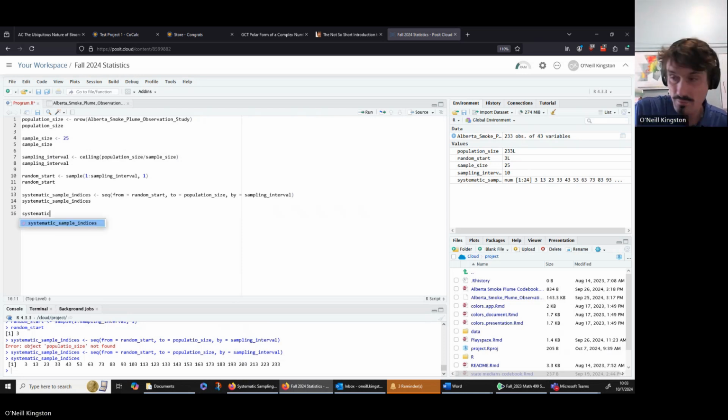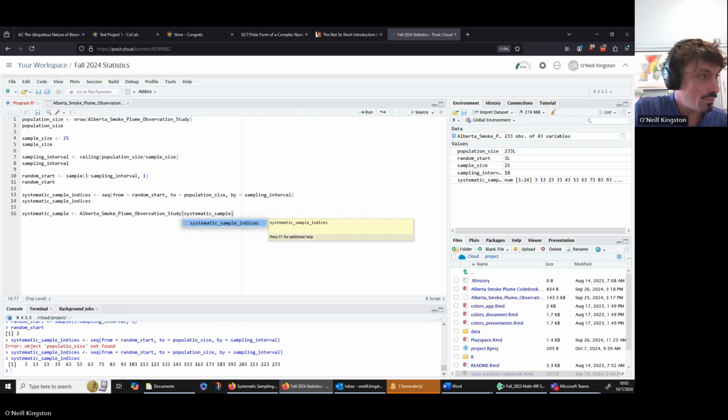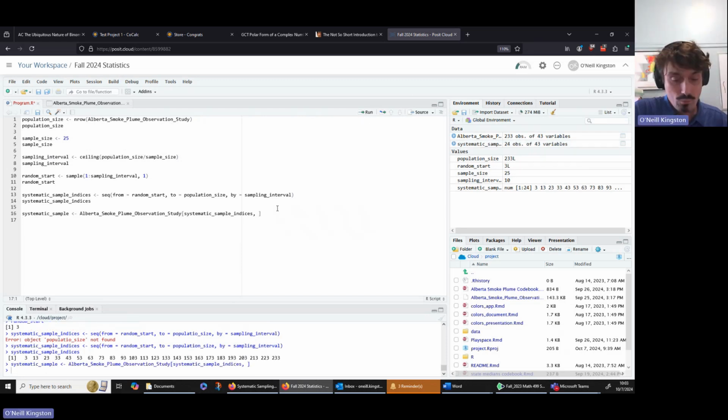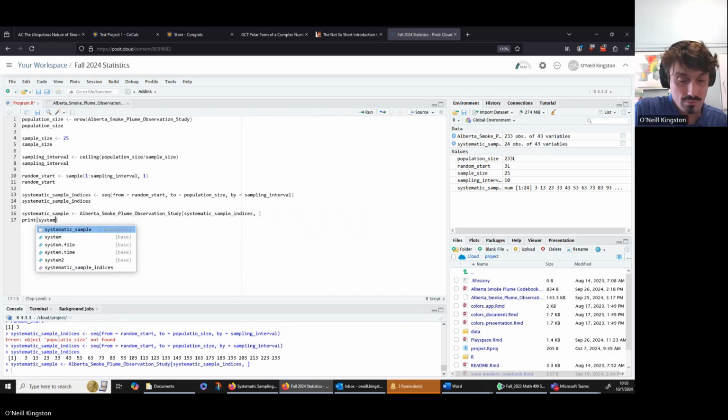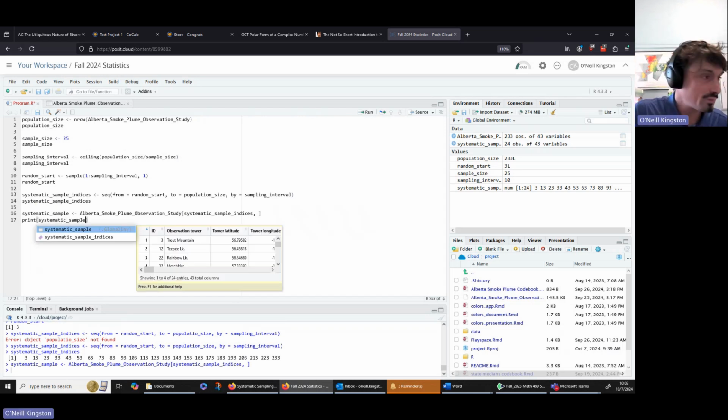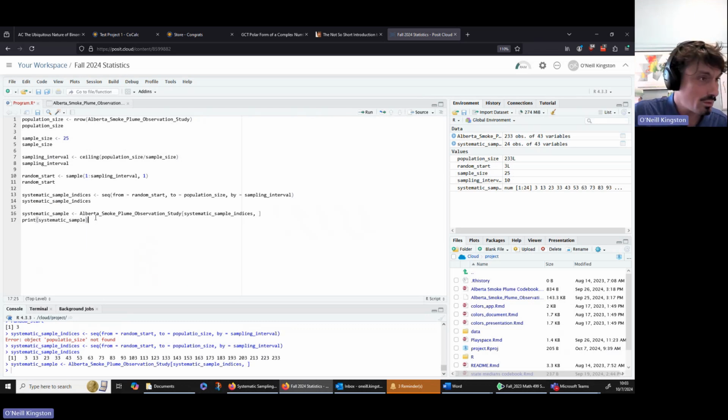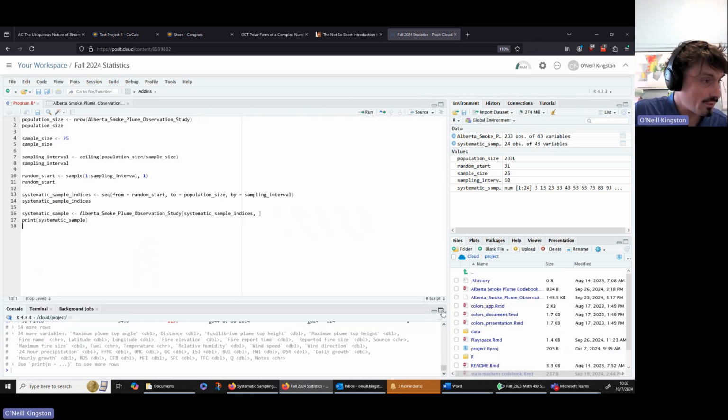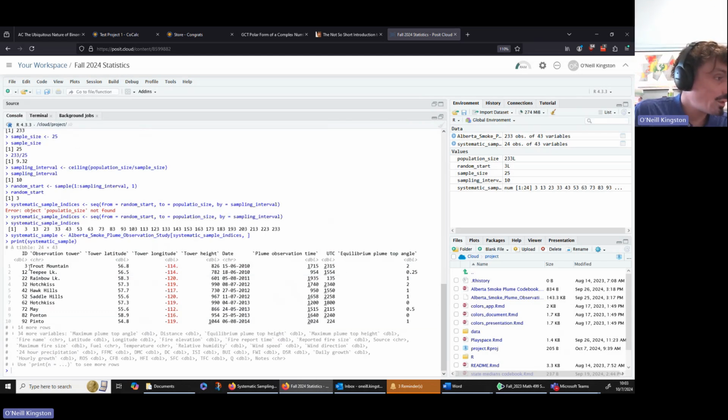Let's do exactly that. So my systematic sample is my data set at those indices, and we run it. And one thing we could do is print our systematic sample and see what we have here, which will then show up in the console as follows. And we'll see, we have taken